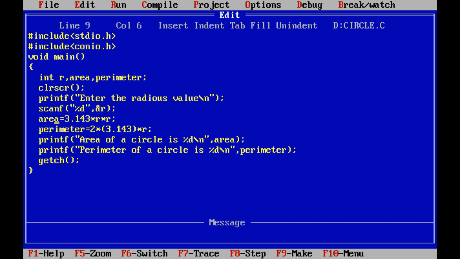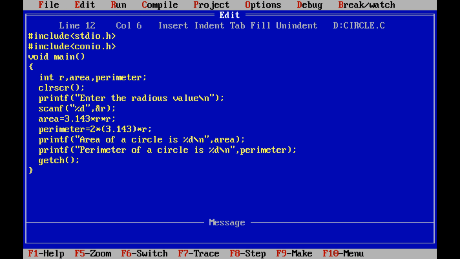Next, area is equal to 3.143 into r into r, where 3.143 is nothing but 22 by 7. Next, perimeter is equal to 2 into pi into r, where the pi value is 3.143. Next, printf area of a circle is %d slash n, and printf perimeter of a circle is %d slash n. So this is the simple program.